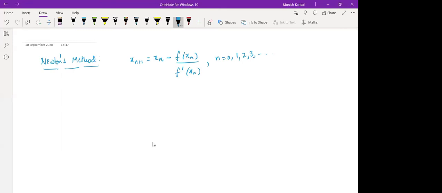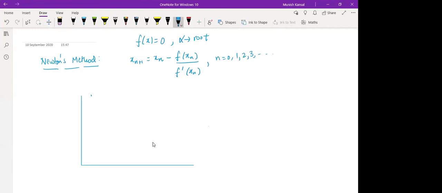Now again, I am writing down here, the problem is the same, f(x) is equal to 0. We are calculating the root, right? So what happens geometrically, if you look at the geometry of Newton's method,